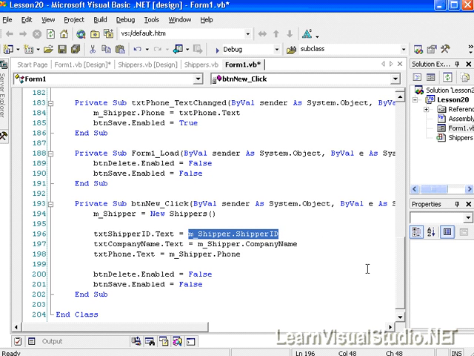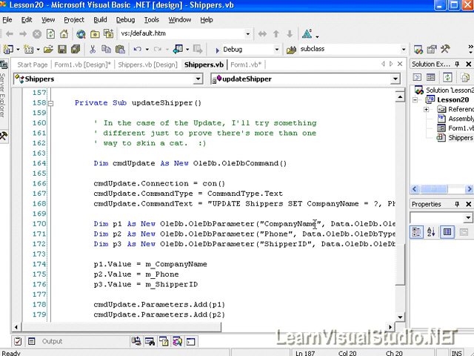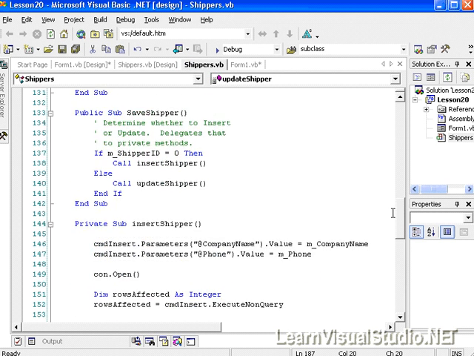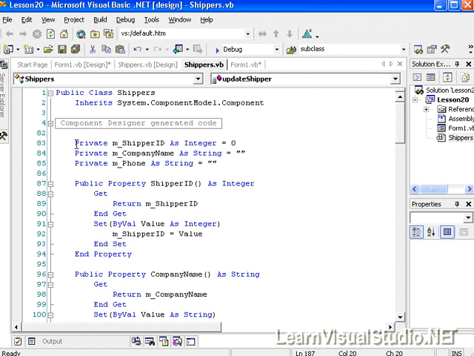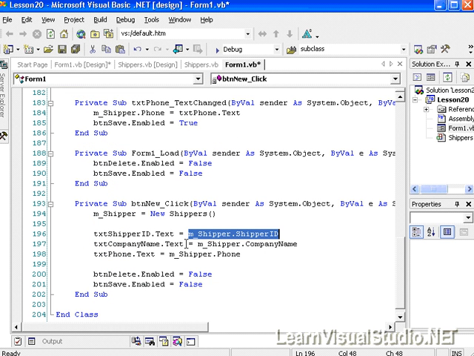It'll be the value 0, because remember we created some initialization code to set shipper ID equal to 0 and to set the company name to a blank string and phone as a blank string. So the initialization will be used here so that we don't have to code too much